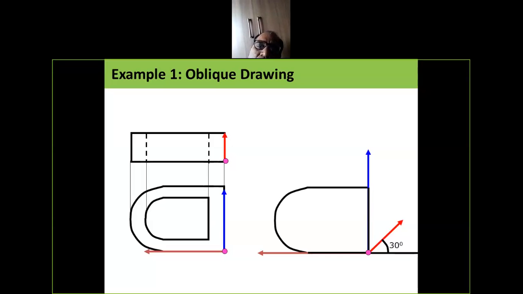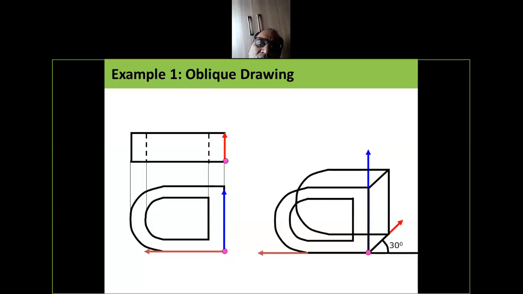Now, for the drawing of an oblique drawing, you are given the top view and front view, and now we make the oblique.